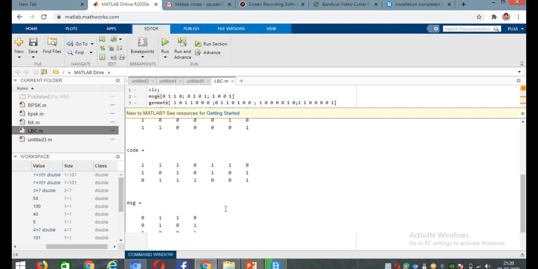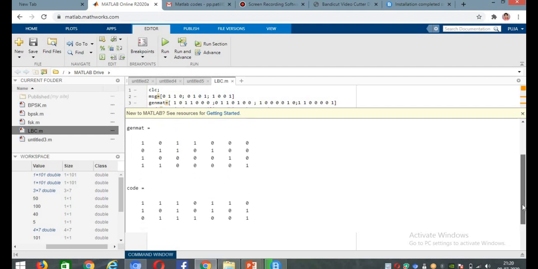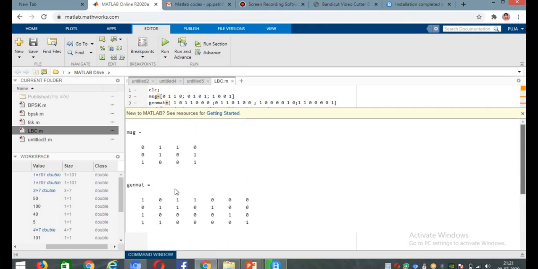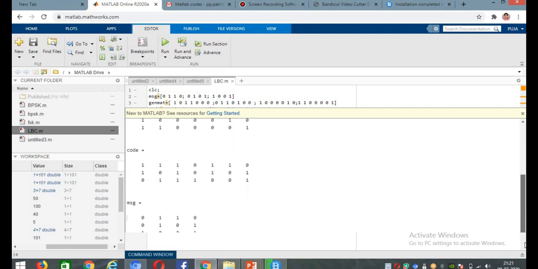The next part is, once we have the code word, we go for the recovery. These are the final answers we get after the recovery. This is the message obtained after the recovery, and this is our actual message. We just verify whether the transmitted message and the recovered message are the same.